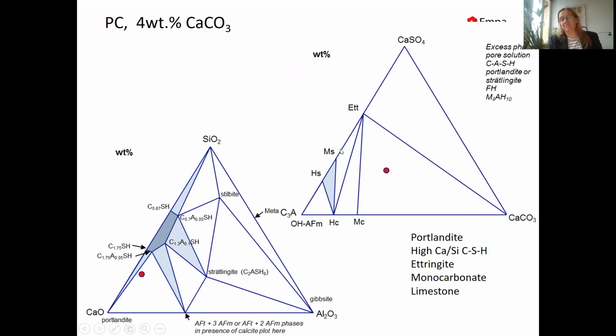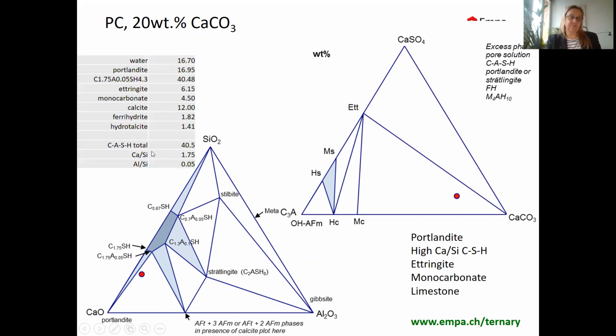However, the point in the second ternary diagram now moves from the monosulfate-ettringite system to a hemicarbonate-monocarbonate-calcite system. And if we add more calcite, then it moves even further. We can get the total amount of the phases formed and use that in whatever application we want to use it afterwards. You can download the Excel sheet for free at